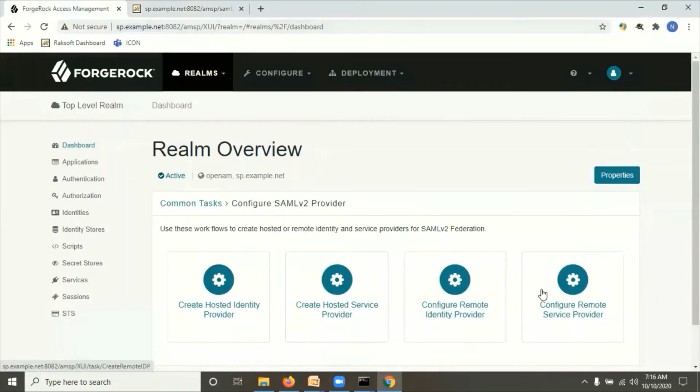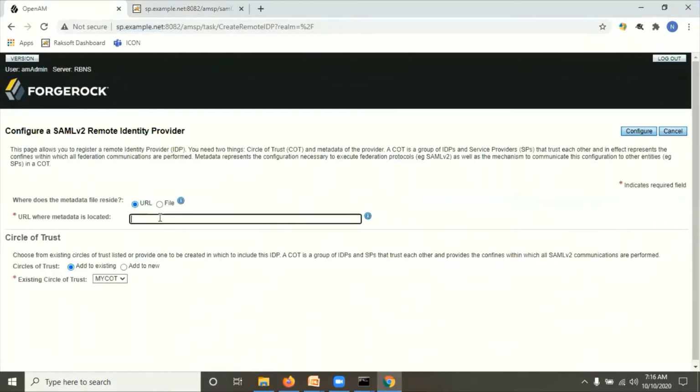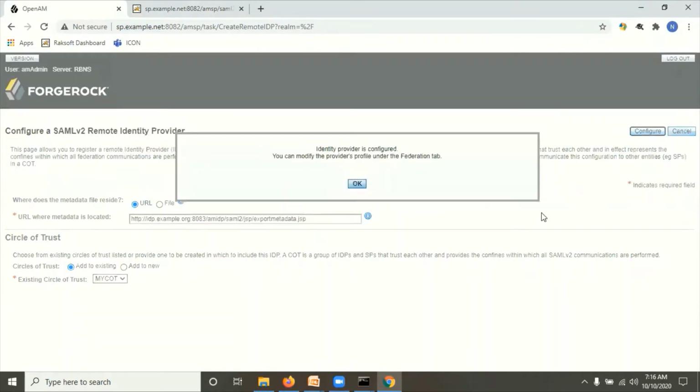So we are in the SP, correct? We have to configure the remote identity provider. Give the URL of the identity provider metadata URL. Select the existing circle of trust. Click on Configure. It is very simple. We have to give the IDP metadata URL here, so click on Configure.